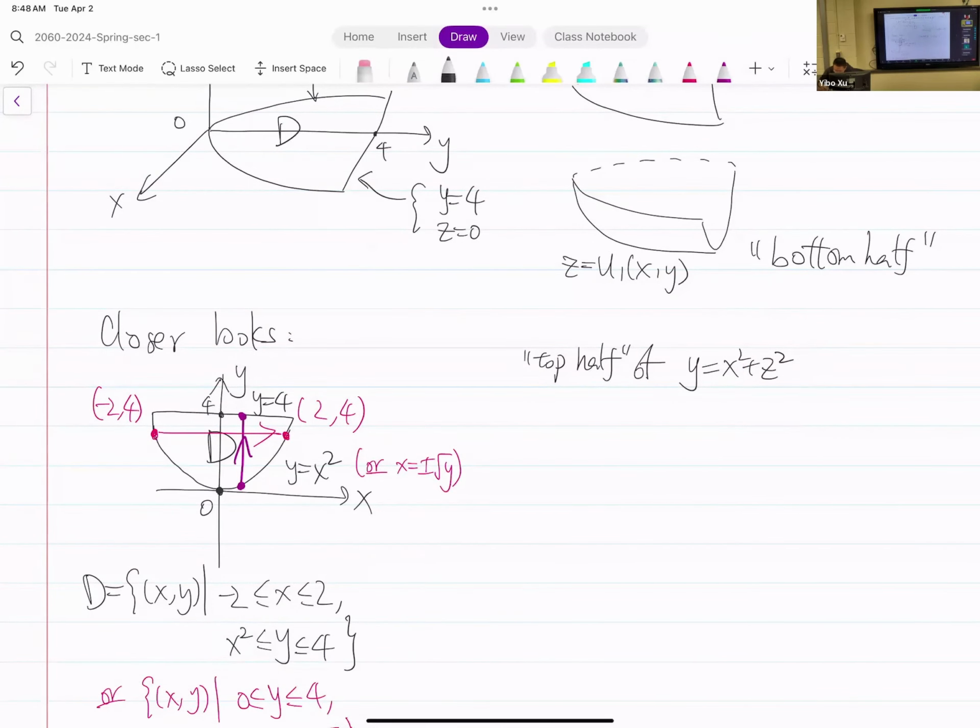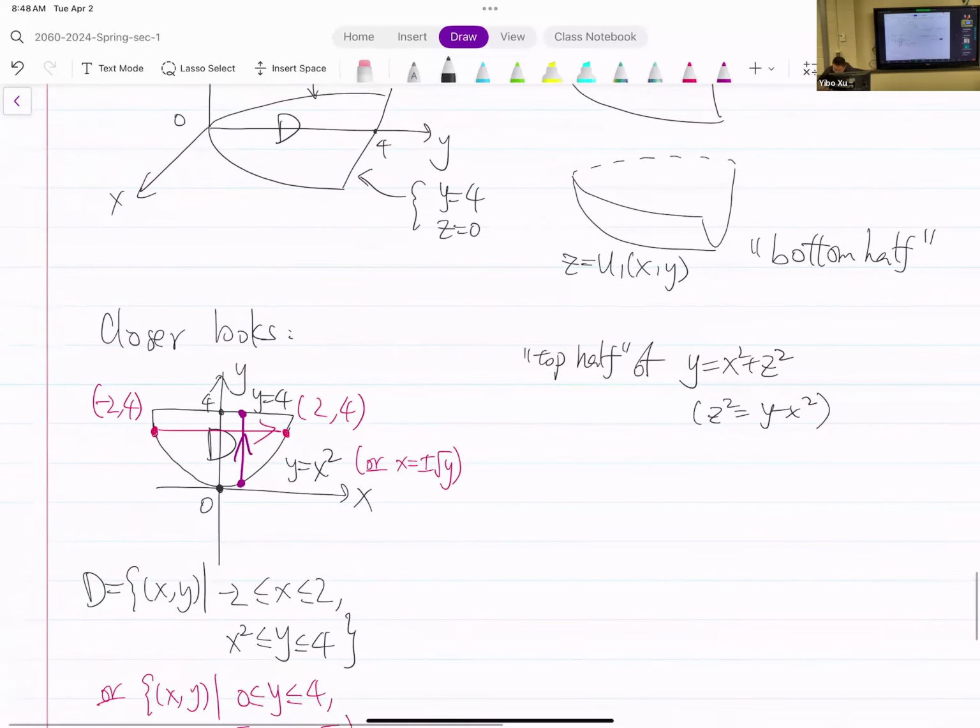So in another way, this is written as z squared equals to y minus x squared. And then there will be 2 solutions. So the positive one will be the upper bound. So on the top half, since z is non-negative, we have z equals to the positive square root of the right-hand side. And the bottom half,